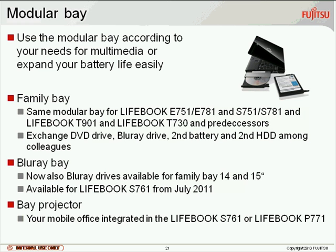This is suitable because, to be honest, who's using a DVD drive every day? There are not many people, so most of them just use it perhaps once a week or once a month. And, for example, you could share the DVD drive with your colleagues in the team, or you might even take the DVD drive from your predecessor and put it into